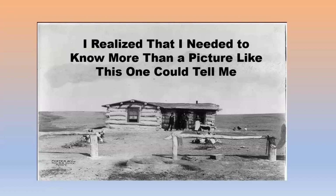I mean, this picture can tell us a lot. By the way, that's an oversized first building on a homestead. It indicates that it's been built on, because most of them were 10 by 10, 10 feet by 10 feet. You at least had to have that to get started with one of those homesteads. Yes, there were specifications. We can see quite a bit here. And my brother would say, look at that bleak background. Well,